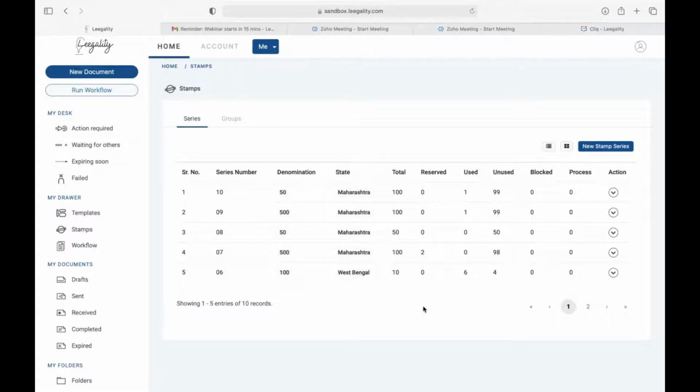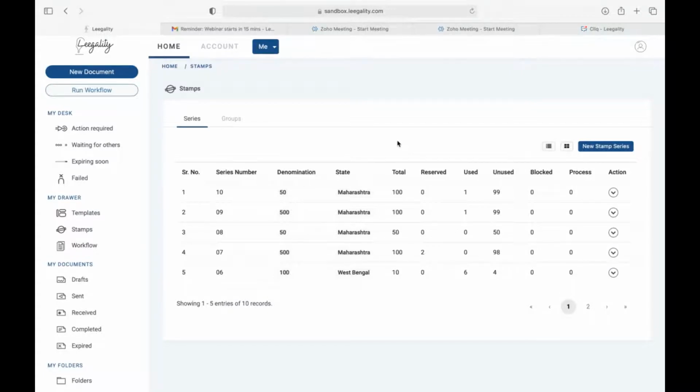Now, whilst that worked in certain kinds of workflows where you knew exactly the stamp duty that you wanted to pay, it was not ideally tailored for situations where stamp duty varies from case to case. Stamp duty varies from one document to the other depending on the consideration involved in the documentation and so on and so forth, right? Because you didn't have the dynamic flexibility to pick and choose stamp papers. Now, to solve for that, we've introduced this concept called stamp groups, right? Which brings us to the first part of our demo.